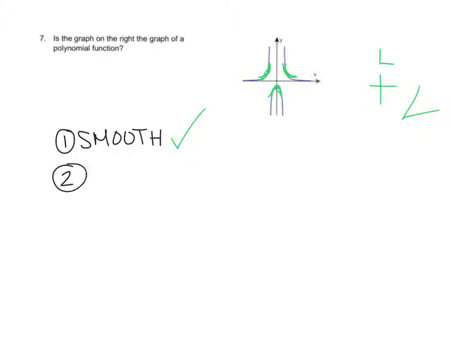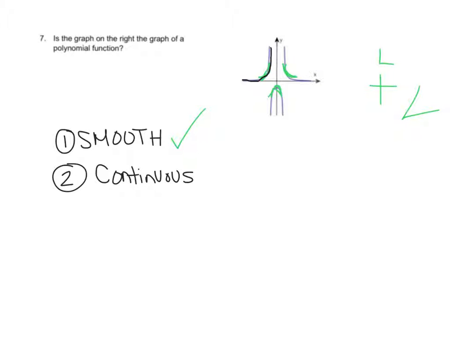Now we have to see if the graph is continuous. This is the second criterion to make sure that our graph represents a polynomial function. A continuous graph means that the graph has no breaks and can be drawn without lifting your pencil from the coordinate system. So if we start tracing this graph, I'll start on the left side and trace this portion of